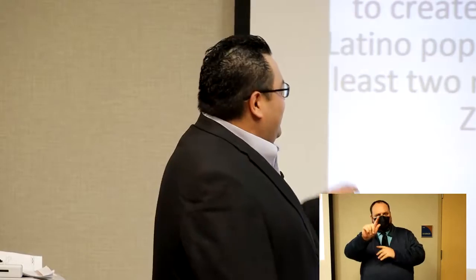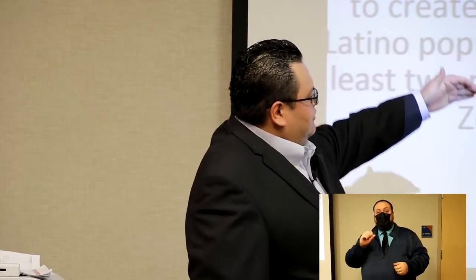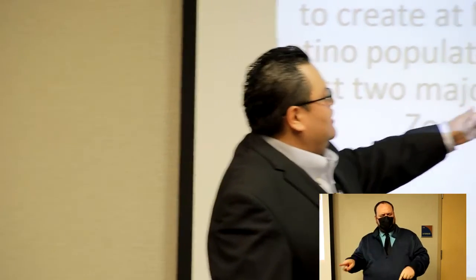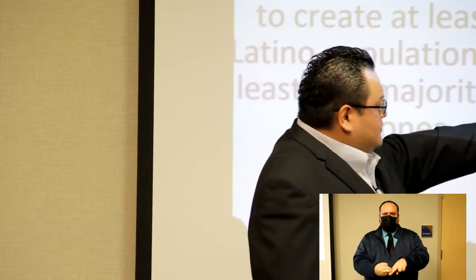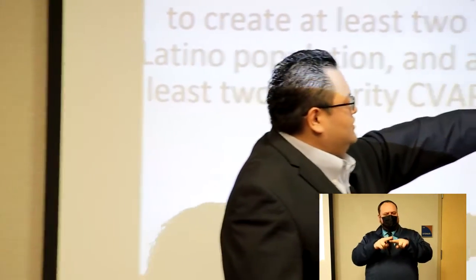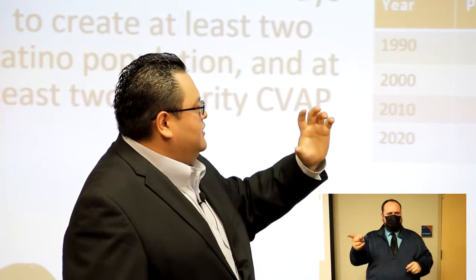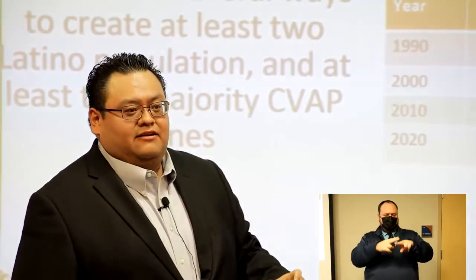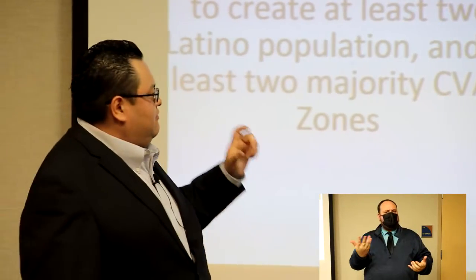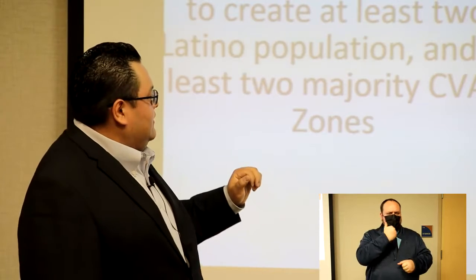This is by new development, people moving in, Los Angeles and San Francisco getting too expensive, and so on and so forth, right? Oh, and the Central Valley being an awesome place to live. That includes myself, as I moved from LA to where I currently reside in Tulare. So we see that the increase keeps happening every 10 years, right? And the other thing that keeps happening is that the Latinos keep increasing and the white people keep decreasing, but at the same time the Asian population was increasing, then decreased, and then started increasing again, right? So that's what we need to take into effect to make effective zones, right?